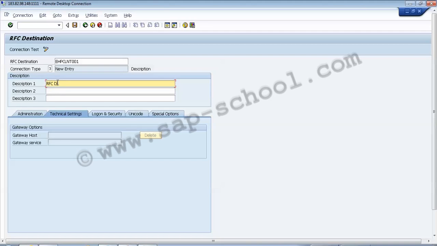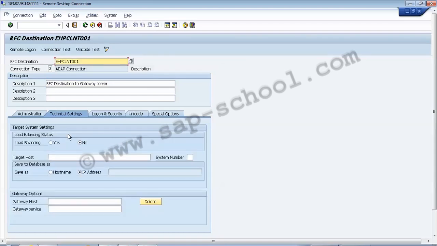So I have to write down the target host in which I have to give my gateway IP. So I'll go back here, I'll take the configuration from my logon pad for my gateway system. So this is my gateway system. I'll go to the properties, I'll copy this, and my instance number is 49.